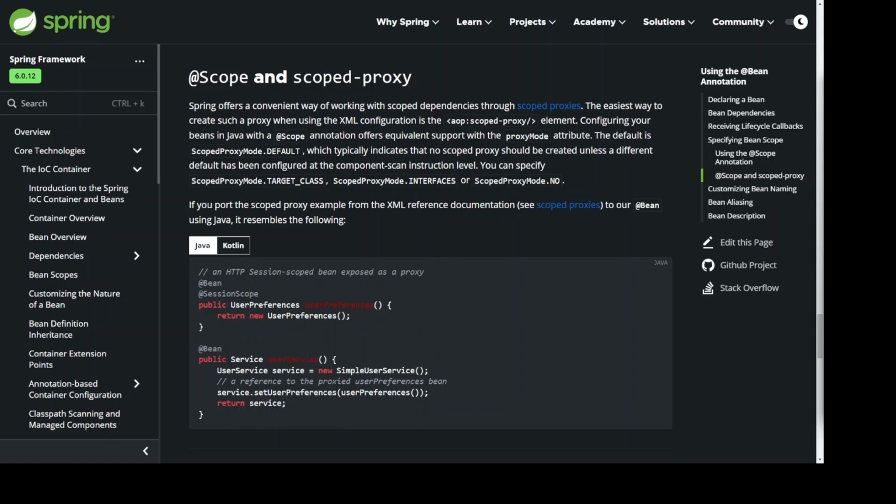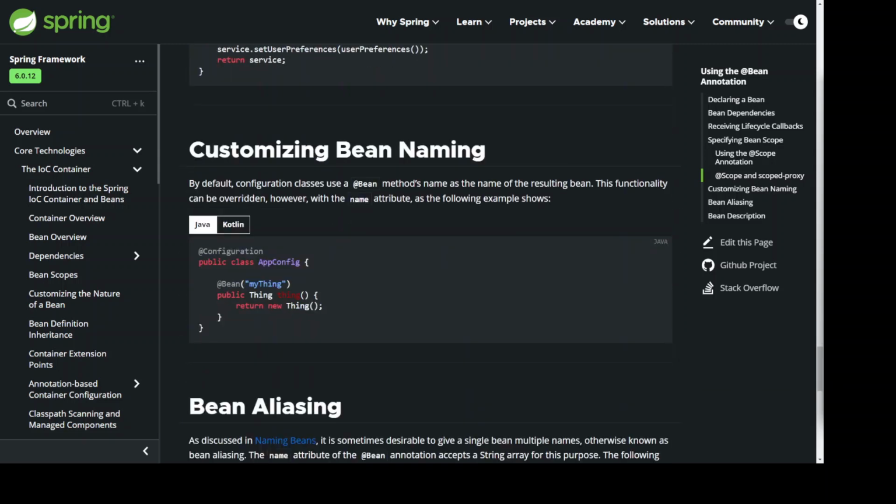@Bean @SessionScope public UserPreferences userPreferences() { return new UserPreferences(); } @Bean public Service service() { SimpleUserService service = new SimpleUserService(); // a reference to the proxied userPreferences bean service.setUserPreferences(userPreferences()); return service; }